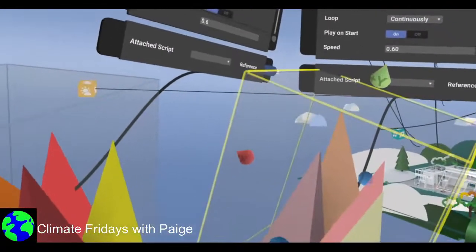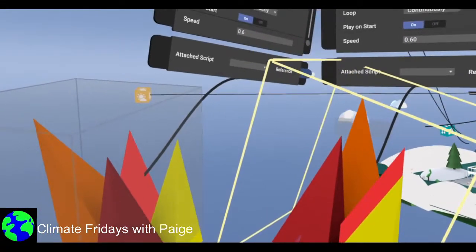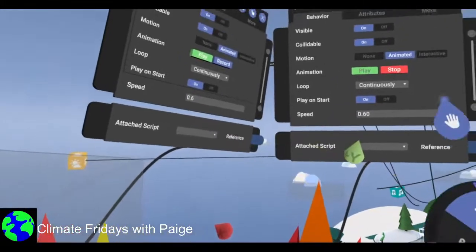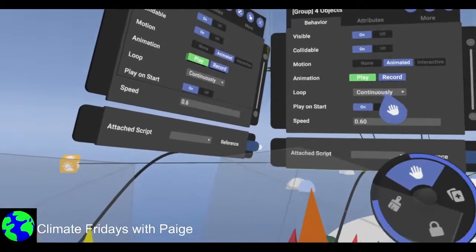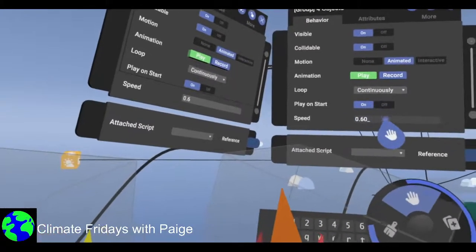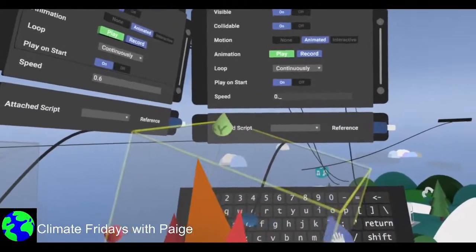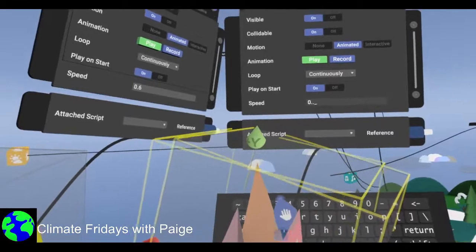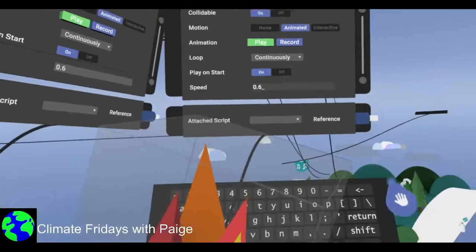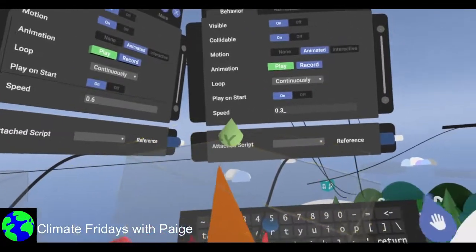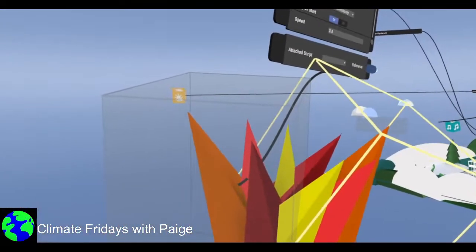Let's do a new recording. And this one kind of enlarges and shrinks a little bit. And we stop. And instead of continually, we'll do this one back and forth and change the speed. How about 0.3, just to be random. Oops, 0.3, return. Okay, let's put our two fire groups together